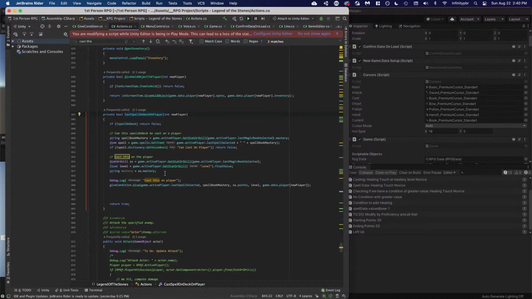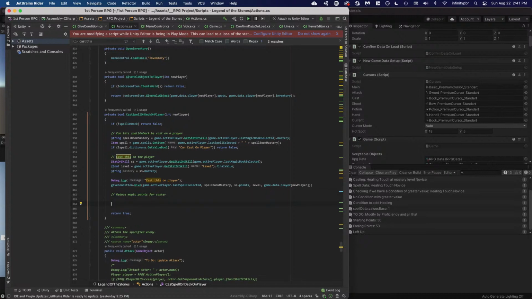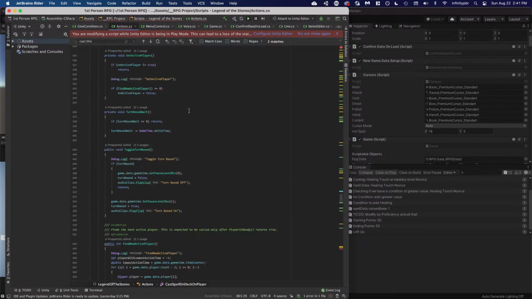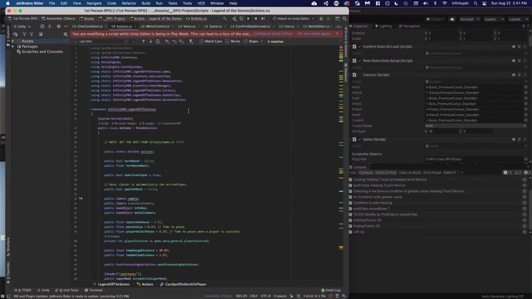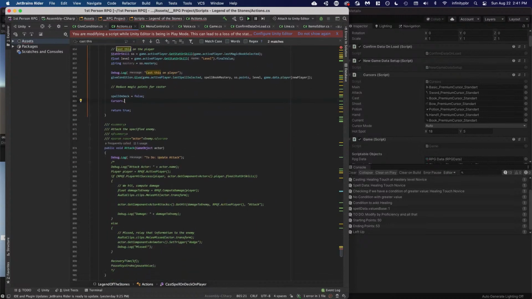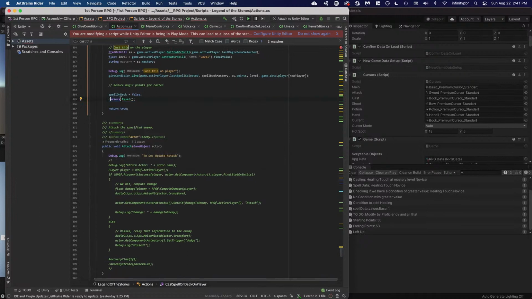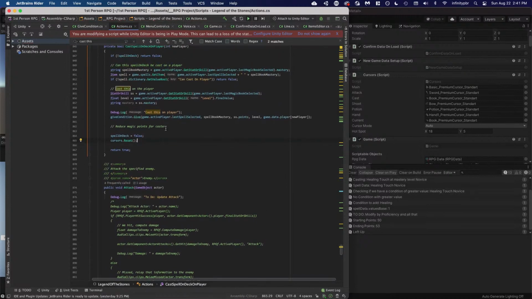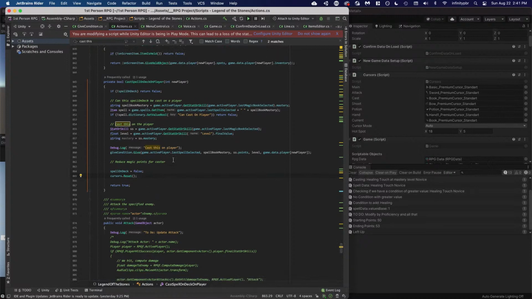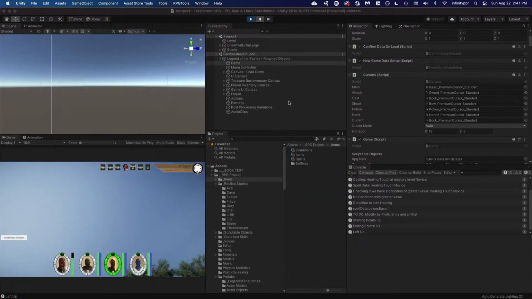So cast this on the player. We need to reduce magic points for the caster. And we need to say spell on deck equals false. And we need to say cursors dot reset. But do we not have cursors here? We do. Oh, probably just a lowercase c. Yep, okay. So reducing the magic points for the caster, the cost